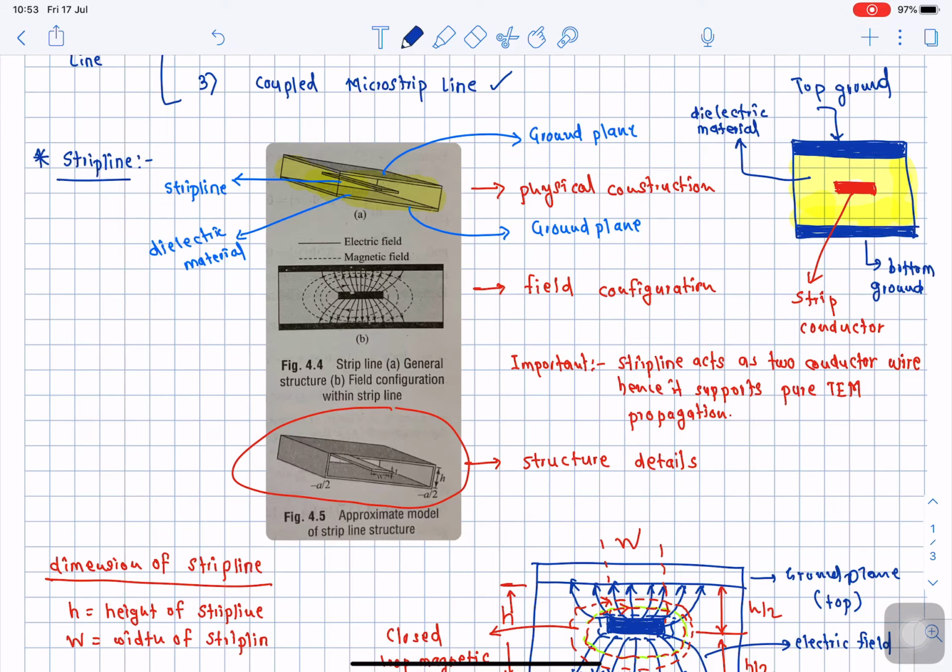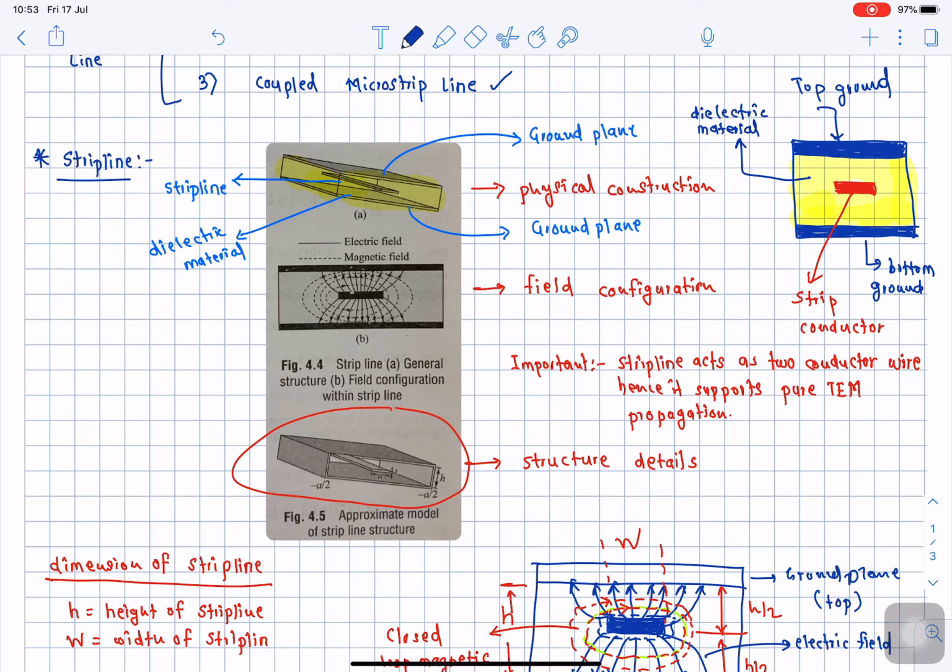So the microstrip transmission line looks like this. Okay, so here I will take the image. I will make it bigger so that it can be visualized clearly. I hope you can observe this image, right? On my left hand side is the construction, and on my right hand side is the field configuration, or field distribution. So let us first discuss how the microstrip transmission line is constructed.